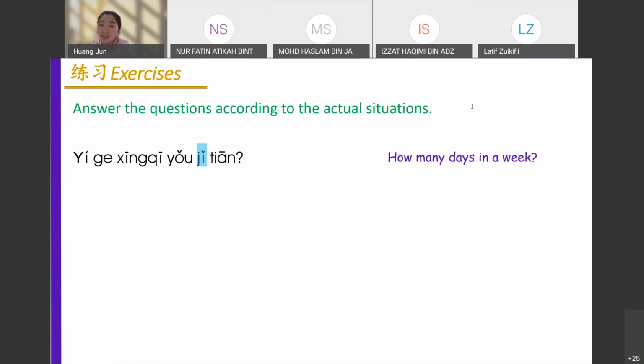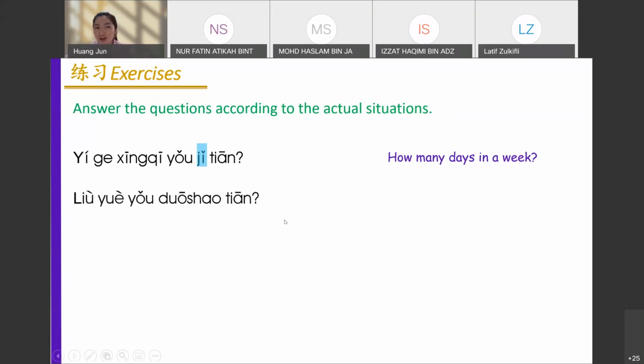Your oral test will be like this. If you understand this question, then when you go to the oral test, you will be very confident. 一个星期有几天? This is a question from the question bank for your oral test. Okay. Very good. 很好啊. We have so many experts over here. 一个星期有7天, 7 days, right? 一个星期有7天. Yes, there was a typo just now. So 1 week has 7 days. Continue. So far, very good.